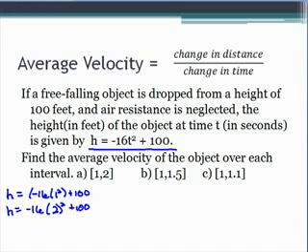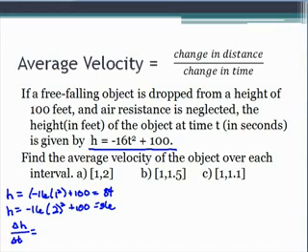So first of all, we have to figure out what the heights are. If you plug that in at 1 second, it's at a height of 84 feet, and at 2 seconds, it's at a height of 36. So to find the average velocity,